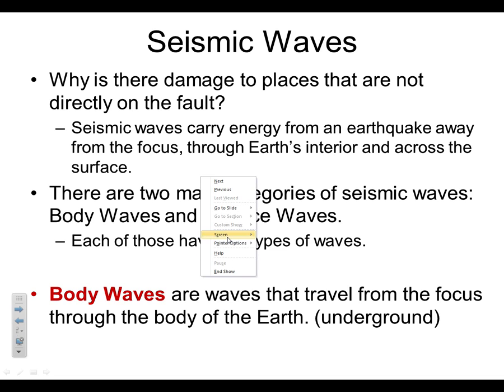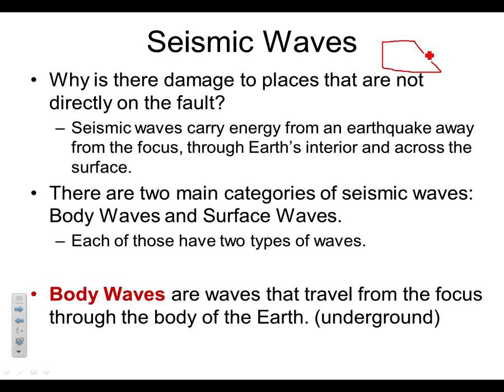And the picture looked, if I can kind of remind you what we drew, something like this. I think it was a normal fault, like this. And we had the focus down here, the epicenter directly above, and then we had our seismic waves coming from here. And we said that the first place they hit is the epicenter here. The fault line might be at the epicenter, but it might not be in a case like this. So why are places here destroyed, but also places a little bit further away?